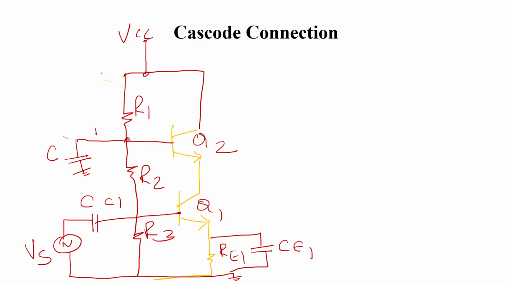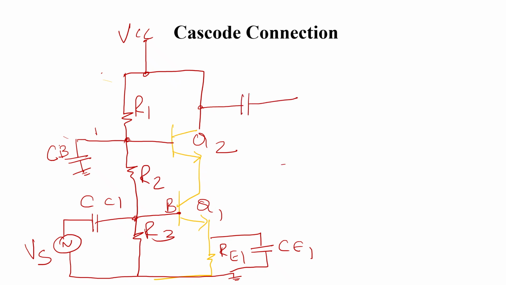Yes, this is the capacitor connected to the base of the transistor. Here R1 and R2 provide the voltage divider bias for Q2 transistor. R2 and R3 provide the voltage divider resistors for Q1 transistor. Here we are supplying only one source voltage. The input voltage is given to the base of the Q1 transistor. Yes, and the output is collected across the collector terminal of Q2 transistor